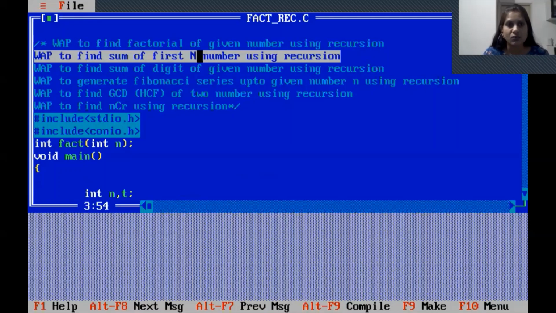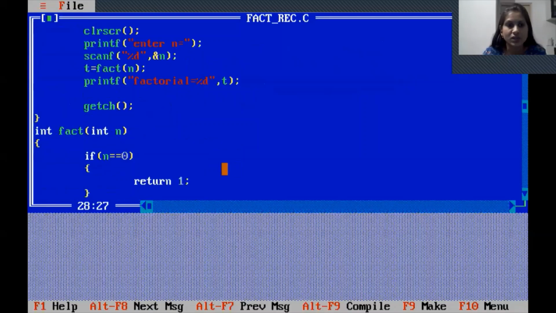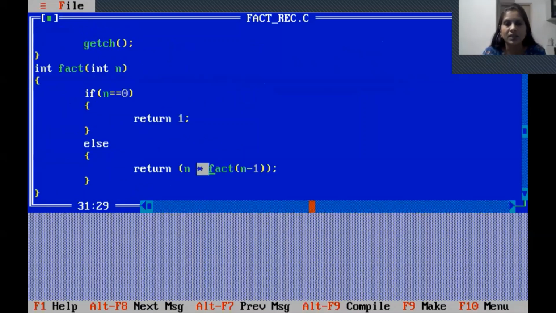So the logic is: instead of multiplication as in factorial, you now put a plus sign. And when the number is 0, the sum is 0. So only two changes: when n is 0, return 0, and otherwise the plus sign is there to find the sum.